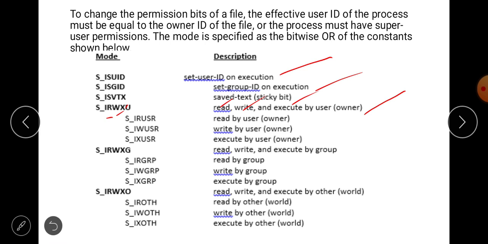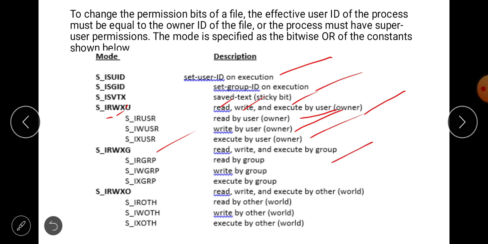S_IRUSR is read by user or owner. S_IWUSR is write by user or owner. S_IXUSR is execute by user or owner. Same way S_IRWXG is read, write and execute by group.